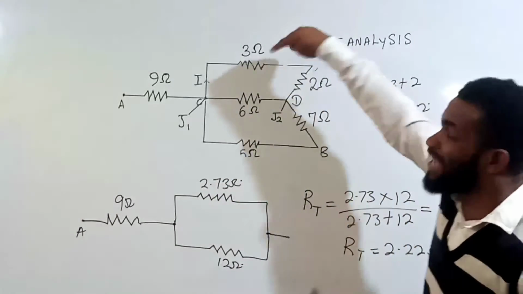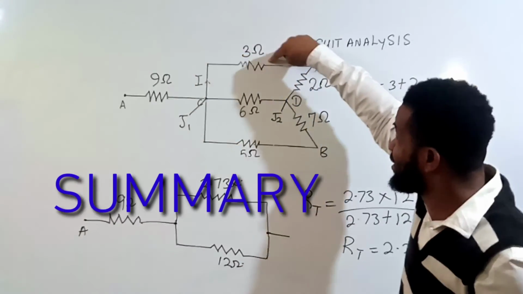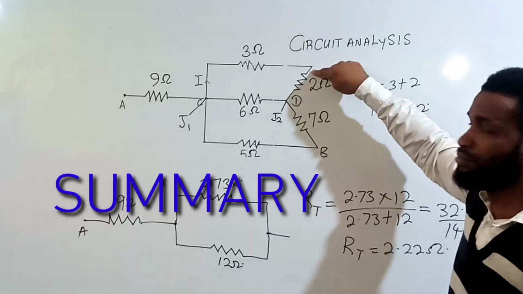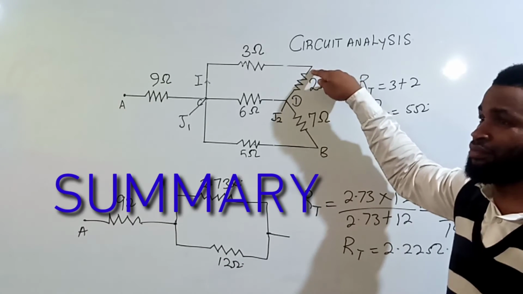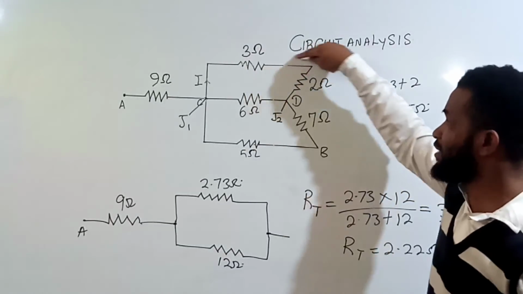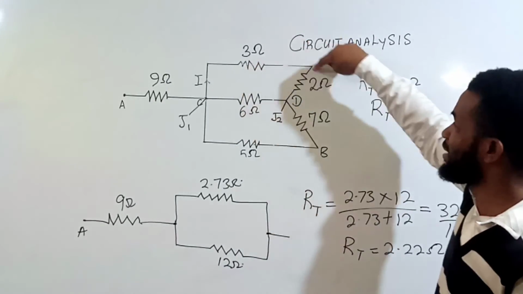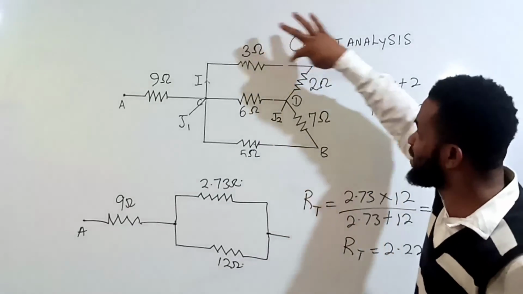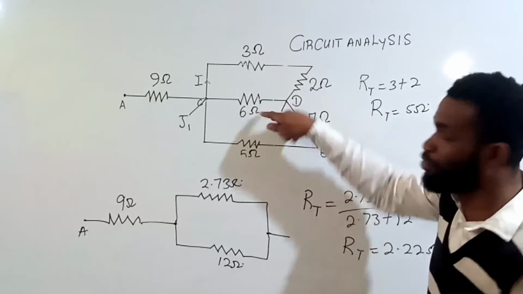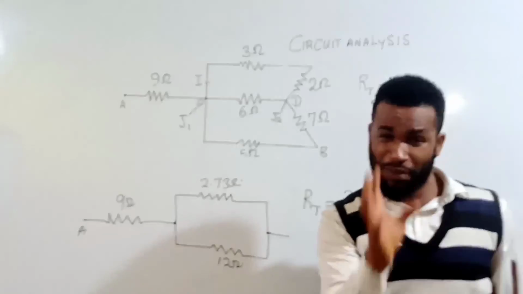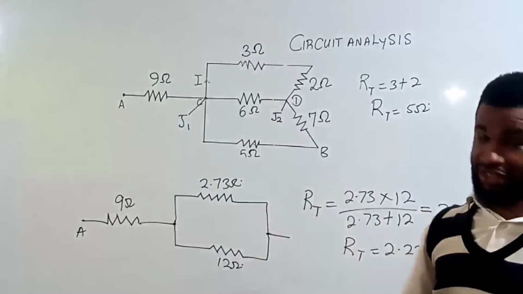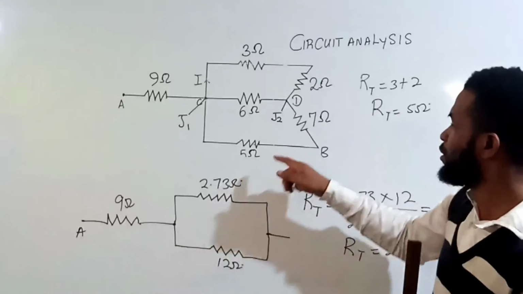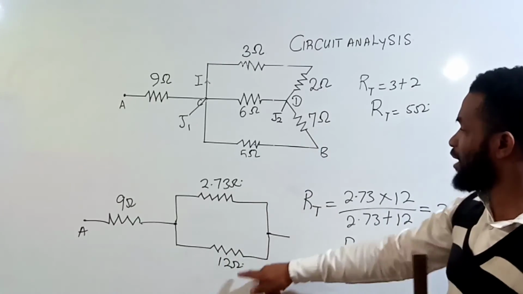The same wire connects this 3 ohm and 2 ohm. The same wire connects them, and they don't have any junction between them. So they are said to be in series. So I added this and this. I now made this and this and this to be in series, in parallel. So this becomes 5 and this in parallel, which I did before. So I got this. So I added this and this to get 12.